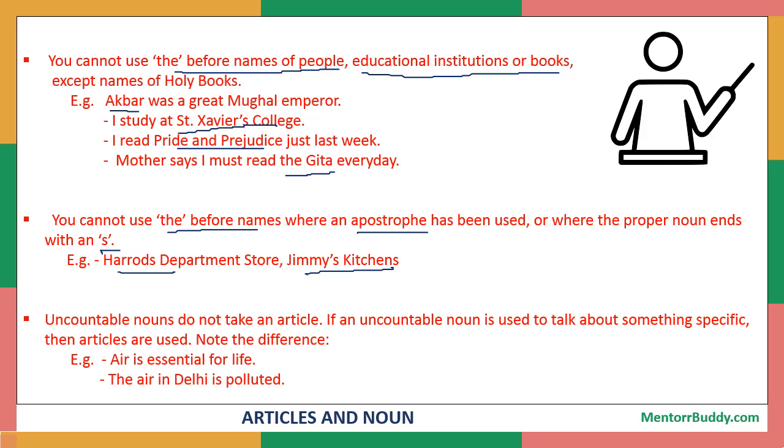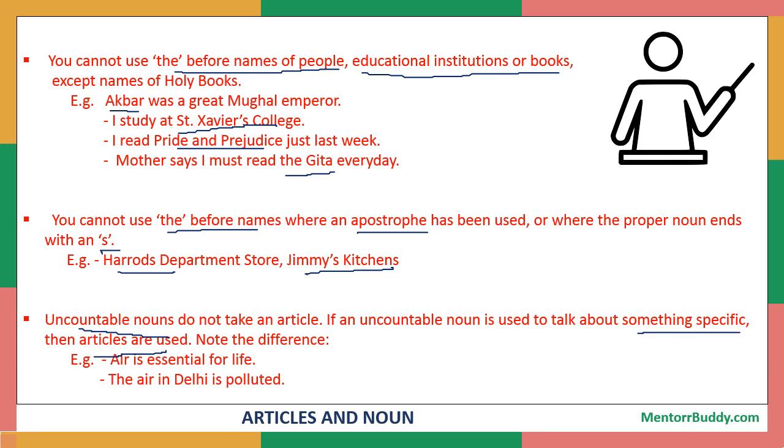Then the next rule says that uncountable nouns do not take an article. If an uncountable noun is used to talk about something specific, then articles are used, right? As a matter of fact, whenever we make use of an uncountable noun, it will not take an article. But if that uncountable noun is used to talk about something very specific, then only articles are used. As you can see in the example also,